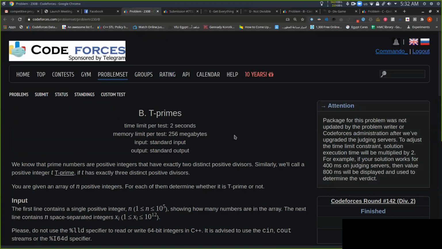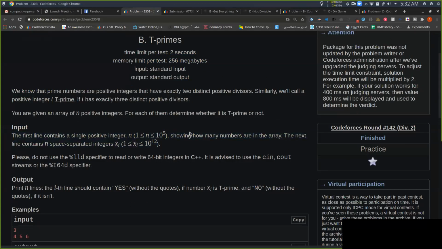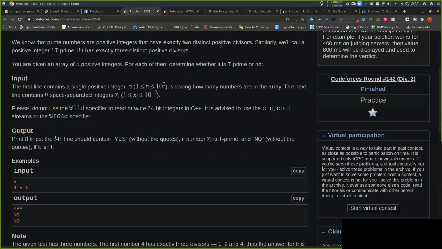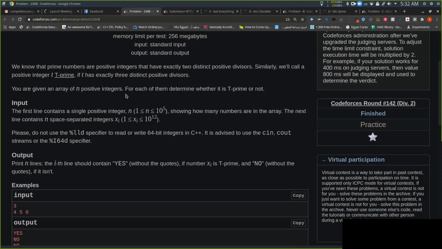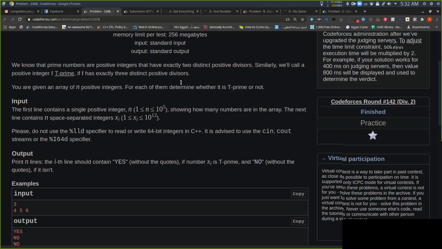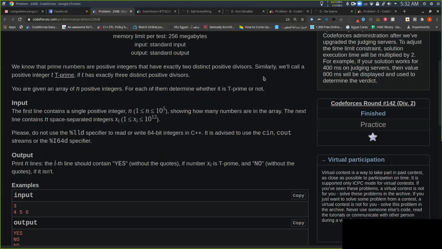Okay, now we should have read it. So the problem gives us an integer n, and then it gives us n numbers. Each number is between 1 to 10 power 12. We want to find if this number is t prime or not. And what's the definition of t prime here in the problem statement? The definition of t prime is that it has exactly three distinct